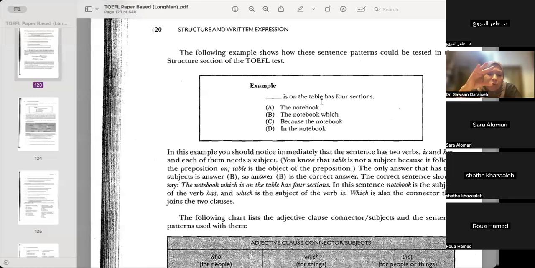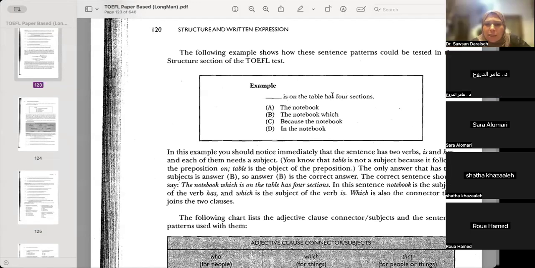You know the notebooks that have like 4 subjects, 3 subjects. Okay, they mean sections like subjects. So the student can buy this kind of notebook and divide it for his subjects, English, and so on. So different sections of the notebook, because they don't need a big notebook for each course, right? So in this example, you should notice immediately that the sentence has two verbs,